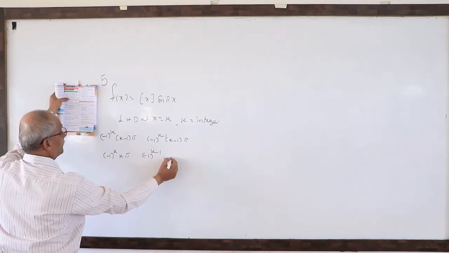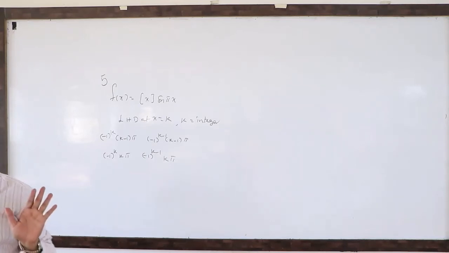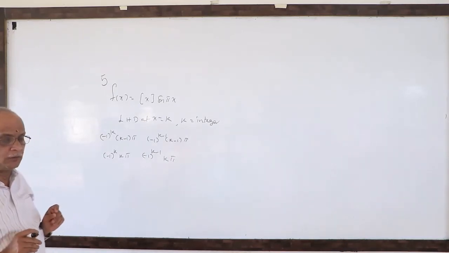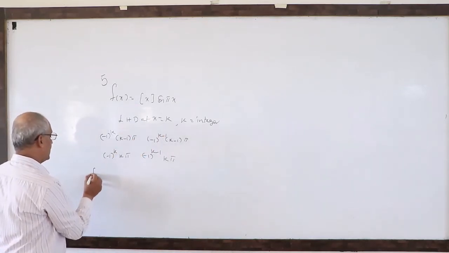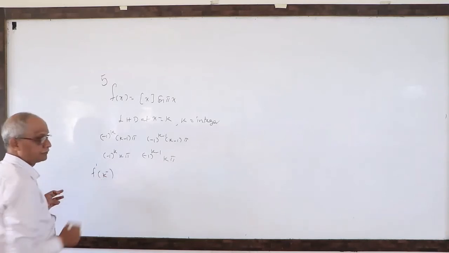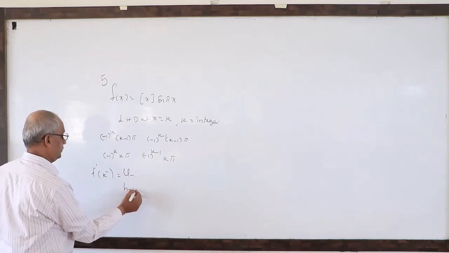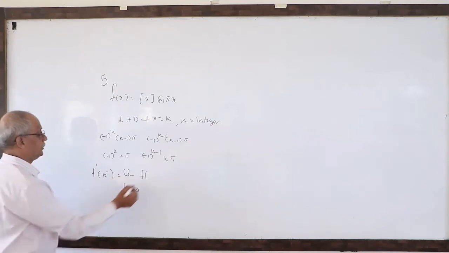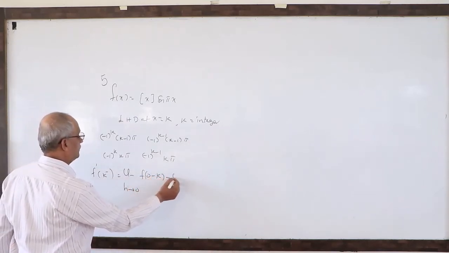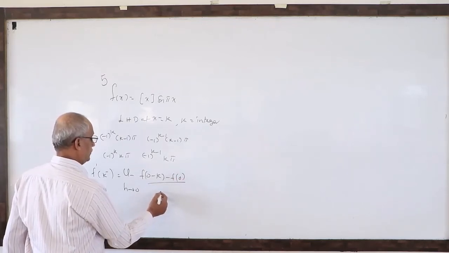Consider only the left derivative, he is not asking for the complete solution. Okay, there is no question of full solution. Now write down the left hand derivative at k, that means f dash of k minus, limit h tends to 0, f of k minus h minus f of k by minus h.